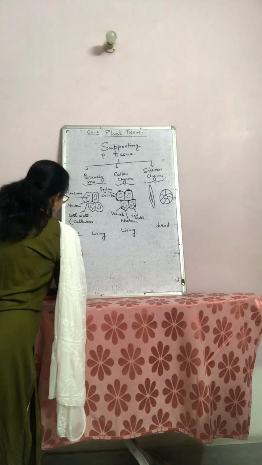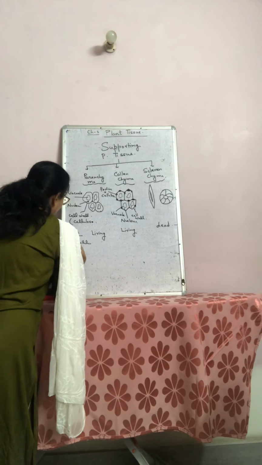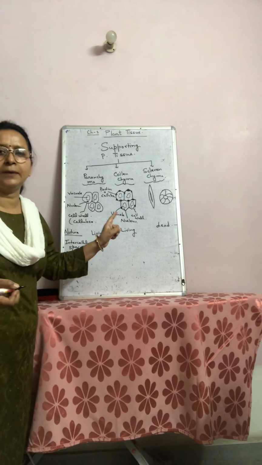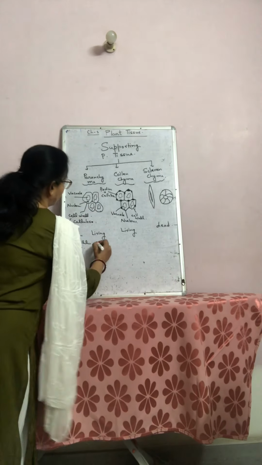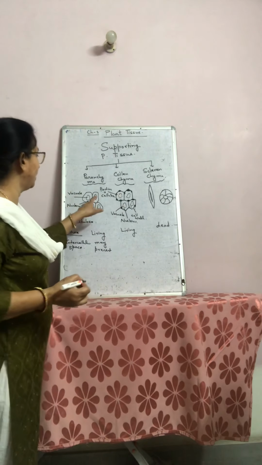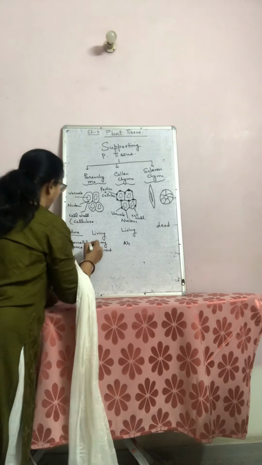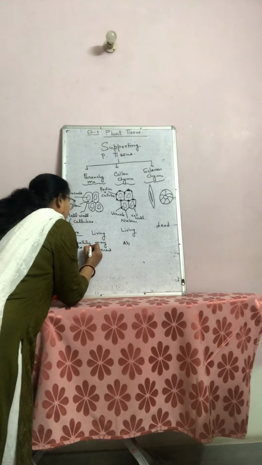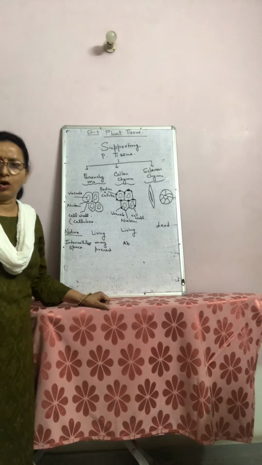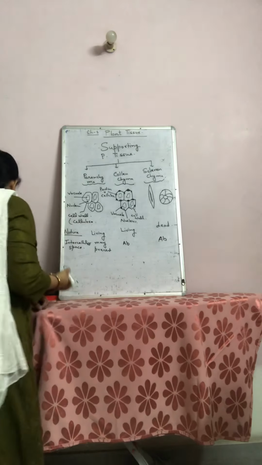When you see the second one, intercellular space. Mostly it is compactly arranged, but sometimes there is intercellular space, that means it may be present. But here you can see no intercellular space, that means intercellular space is absent. And here in sclerenchyma also, since it is a dead cell, its intercellular space is also absent.